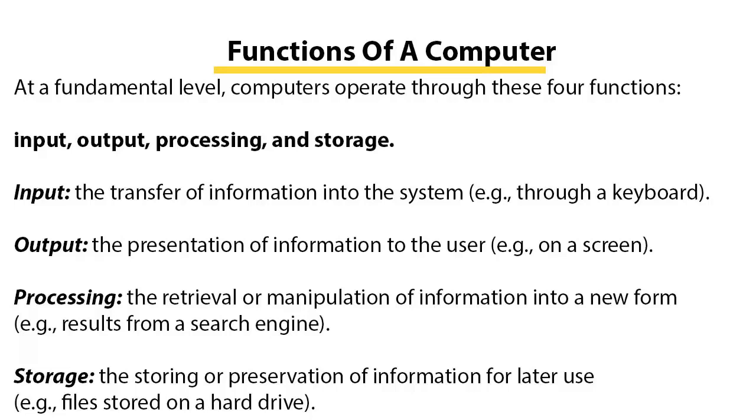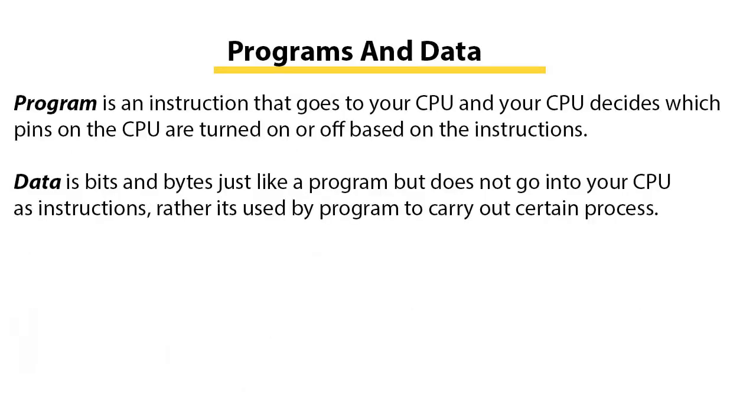Okay, then comes program and data. See, what is the basic difference between a program and data? Program is an instruction that goes to your CPU, and your CPU decides which pins on the CPU to turn on or off based on the instruction. So basically a program is the instruction that has been given to the CPU, okay, the step-by-step instruction